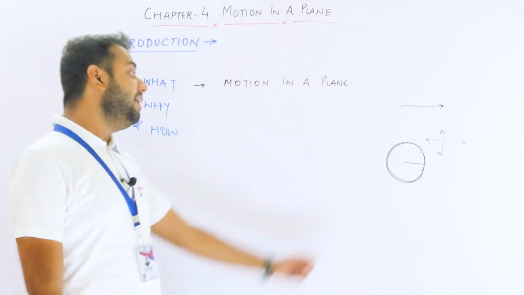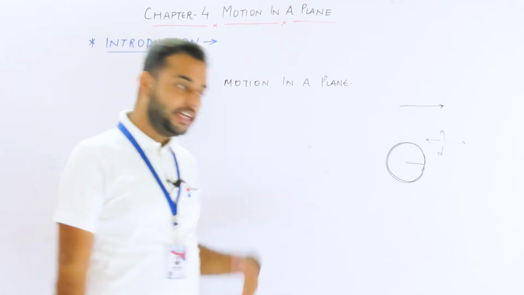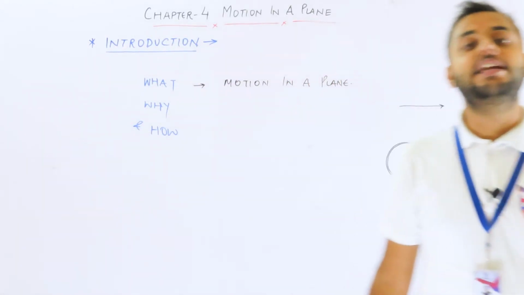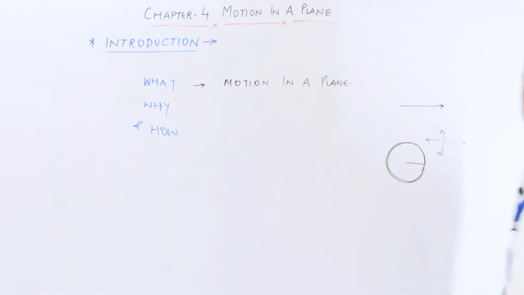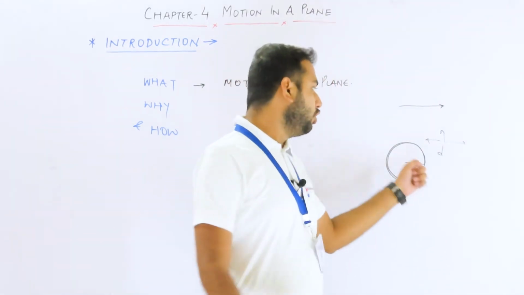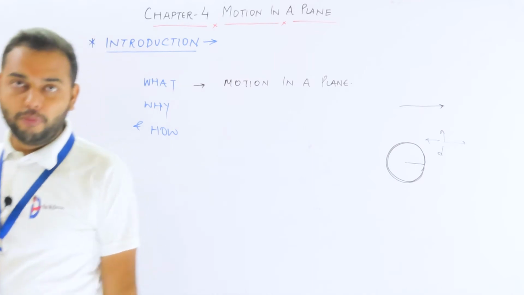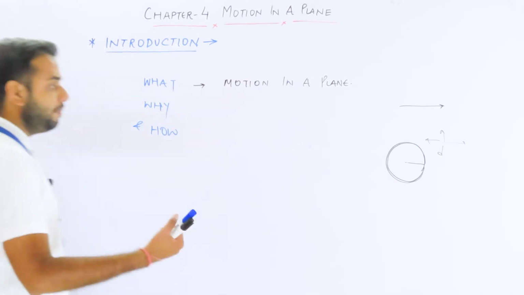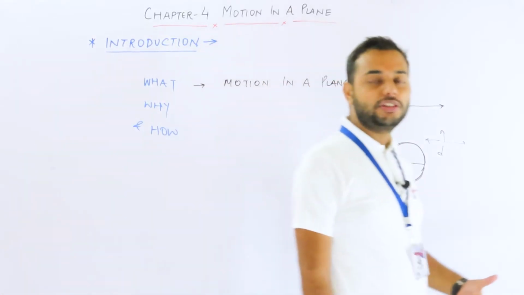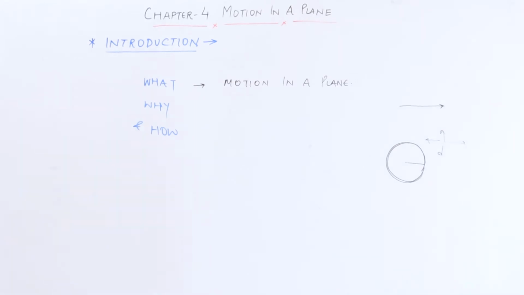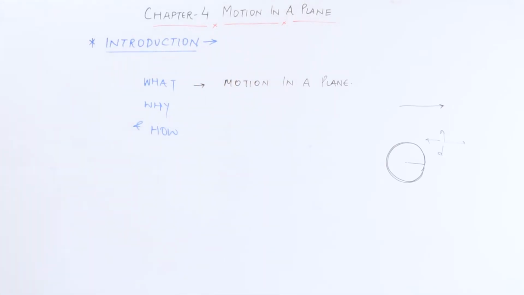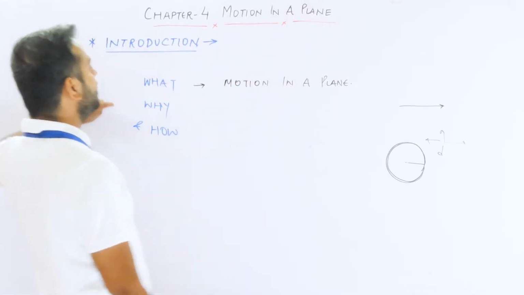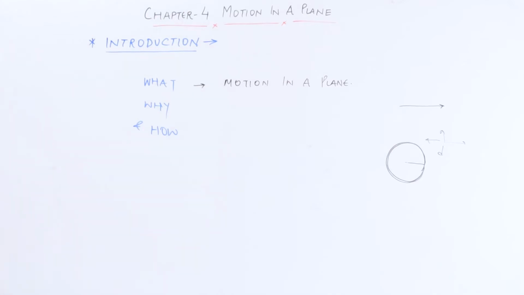That motion I will call motion in a plane. So to understand this type of motion, in which the particle is moving in a plane rather than in a single dimension, we need to understand this chapter, Motion in a Plane. What should be the acceleration of the particle if it is moving in a circle, what should be its displacement, how are we going to calculate velocity, how many types of velocity could there be, how many types of acceleration could there be if the particle moves in a plane rather than in a straight line? To answer all these questions, we are going to study motion in a plane.